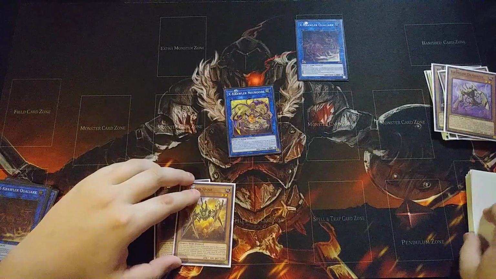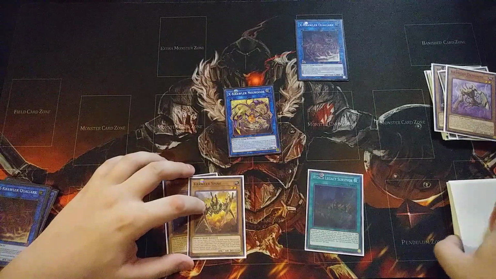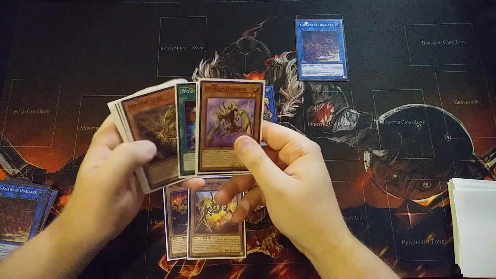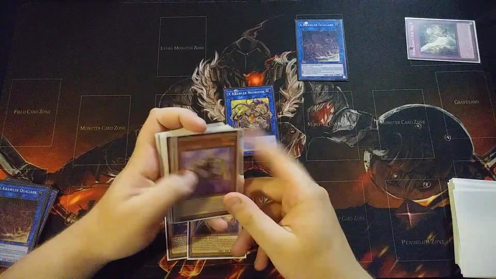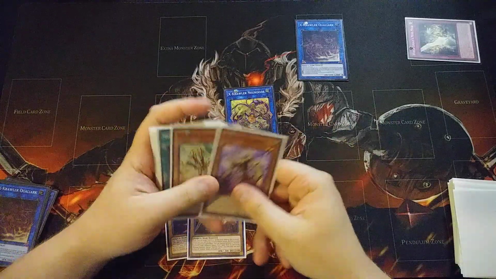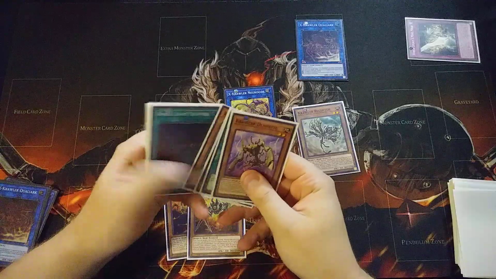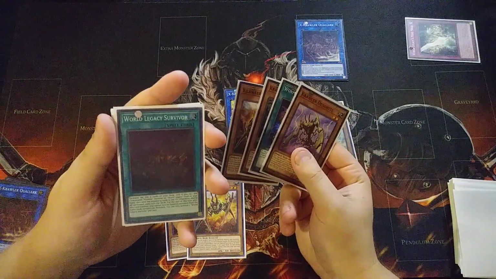If you pass and these don't get destroyed, you draw World Legacy Survivor and excavate the top 5. Also, I'm forgetting something. You can actually banish Mind Meld from your graveyard. You can banish Mind Meld, and since you have a zone here and a zone here, you can actually special summon back your Receptor, which is what's really cool about this, and put it back on your side of the field, because it has the ability that